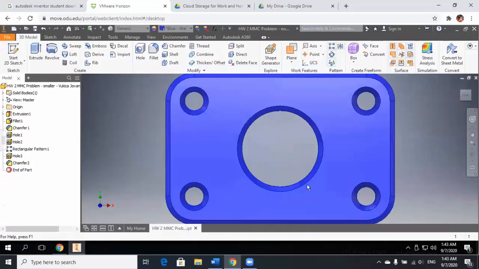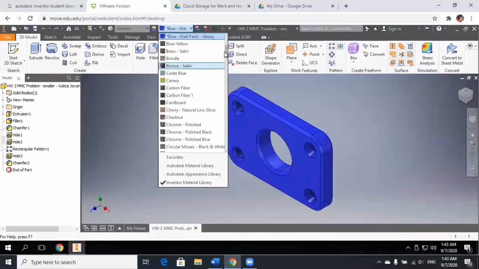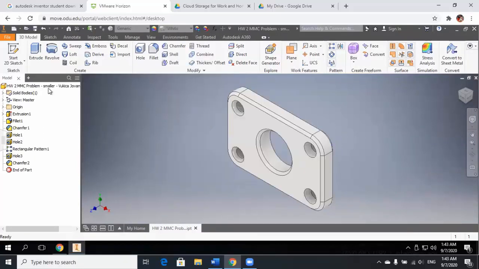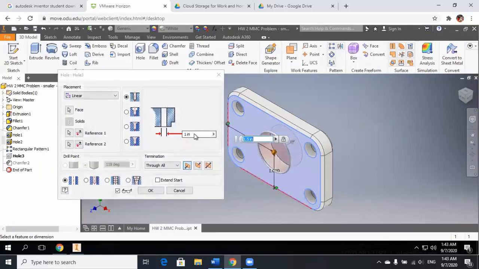Save it. And then for the smaller one, I will change the color to the white. And we won't see the difference. Like in that tutorial in the YouTube, they kind of exaggerated the values. So all I have to do is I have to find my big hole. That was the last one I did. So I'll go edit feature. And here, instead of 1 inch, I will say 1 inch minus, well, I cannot do here. I have to say